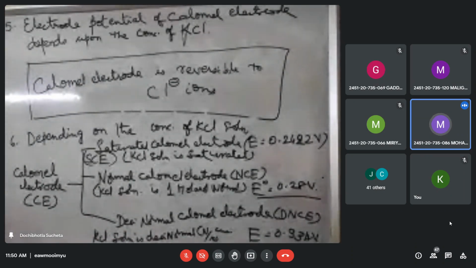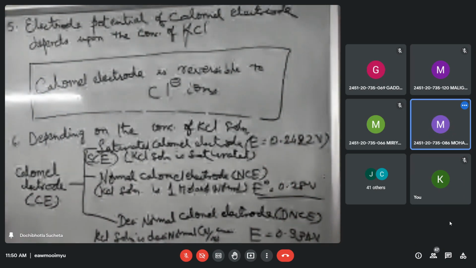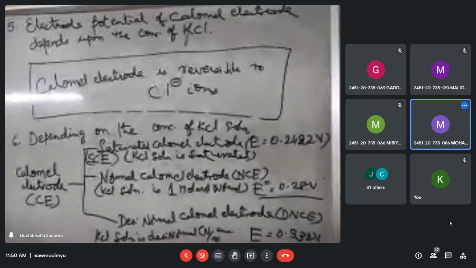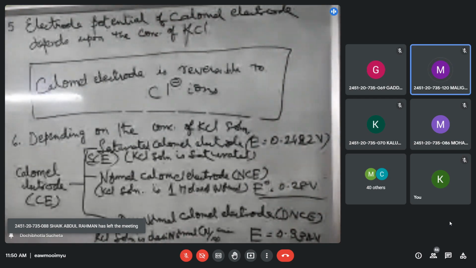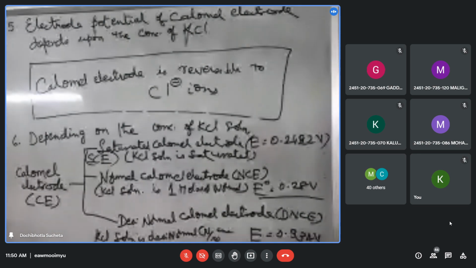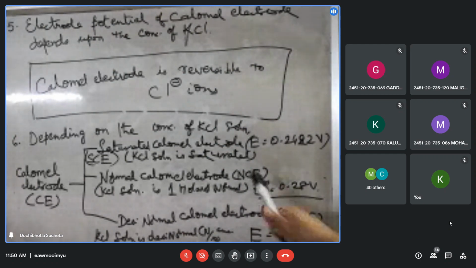1 molar is the concentration, ma'am. Standard concentration. What is E naught? E naught value is taken at 25 degrees centigrade, and the concentration of the electrolyte should be 1 molar or 1 normal. Okay, so E naught value is 0.28 volt. So normal calomel electrode is always taken as the standard calomel electrode, but in lab we always use a